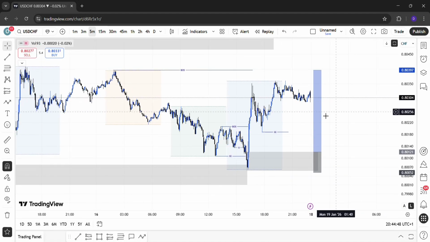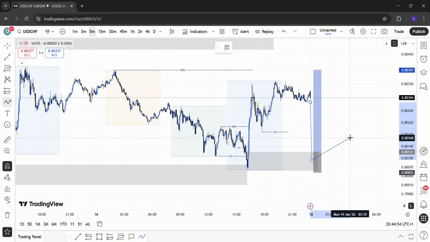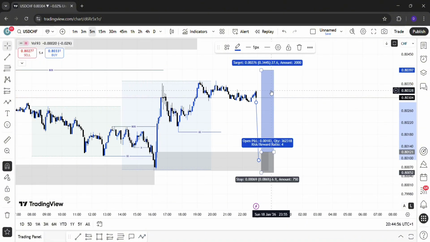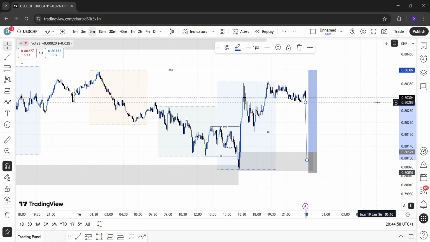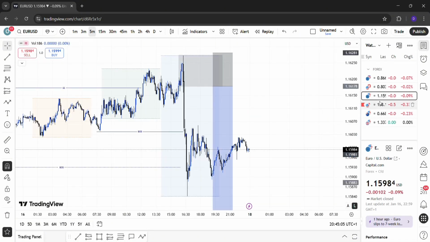I'm looking to take the market up from this zone, right? From this zone here, taking out this liquidity, this high, mitigating, and sending all the way down. This is a beautiful 1-to-4 risk to reward ratio. Yeah, so let's just go on to the next setup, which is